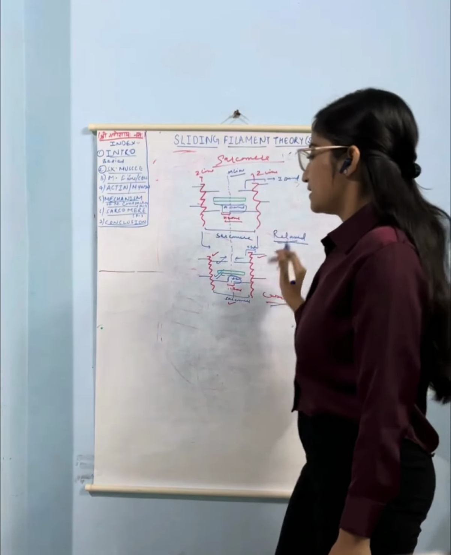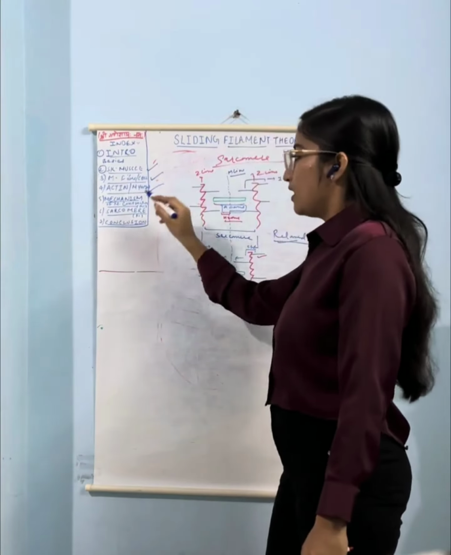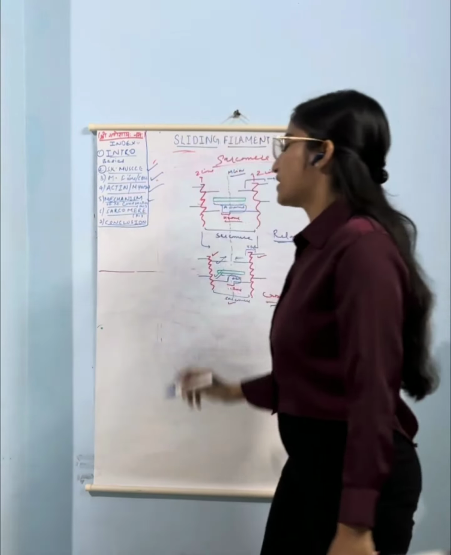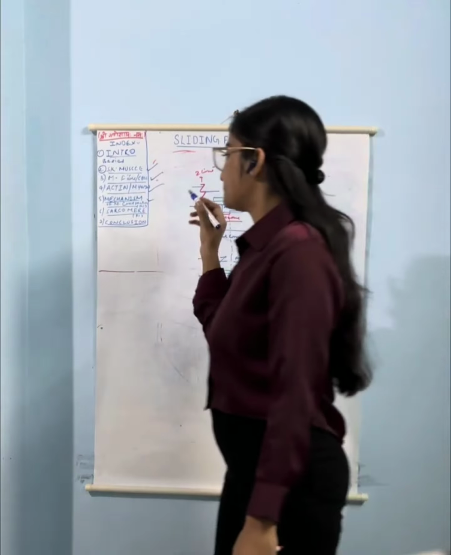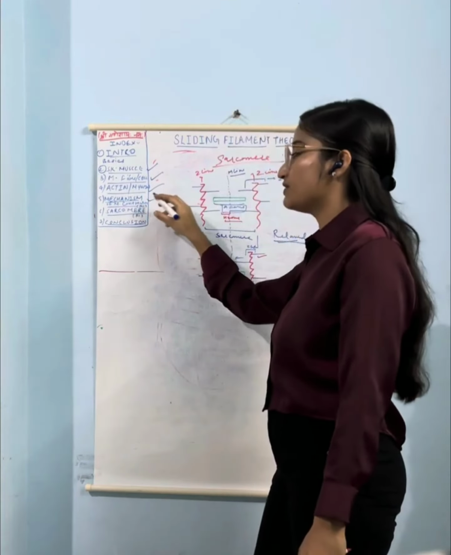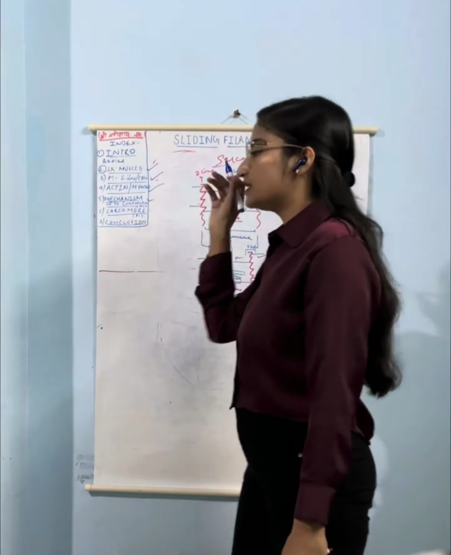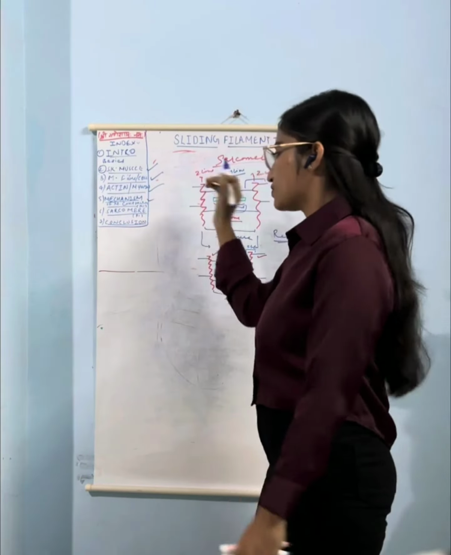Then we discussed some basics about skeletal muscle, the diagram of muscle fiber or muscle cell, and the structures of actin and myosin, which are basically our contractile proteins. Then we discussed the mechanism of muscle contraction by the sliding filament theory, which has almost 12 steps, which we completed within 3 diagrams. I also gave you a trick to remember all these steps. Then we discussed the sarcomere, which is the functional unit of muscle contraction, and this is all about the sliding filament theory, which explains muscle contraction.